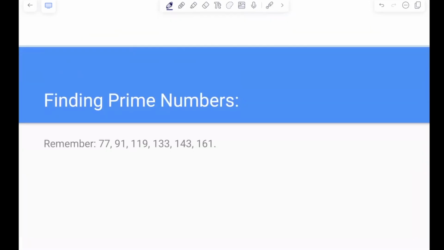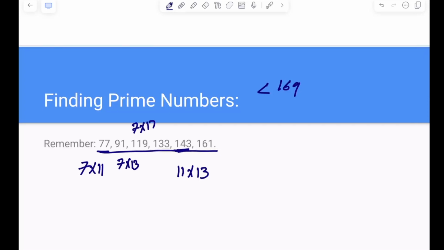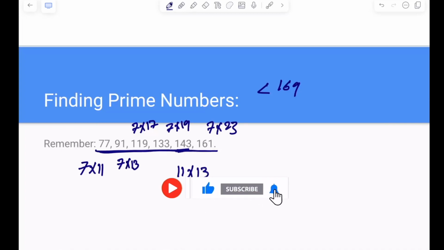Now I will tell you a small trick to find whether a number is a prime number or not, if the number is less than 169. Okay. So try to remember these numbers. 77, which is a multiple of 7 and 11. 143, 11 and 13. 91, 7 and 13. 119, 7 and 17. 133, 7 and 19. 161, 7 and 23. If you remember these numbers, 77, 91, 119, 133, 143, 161 are not prime numbers,